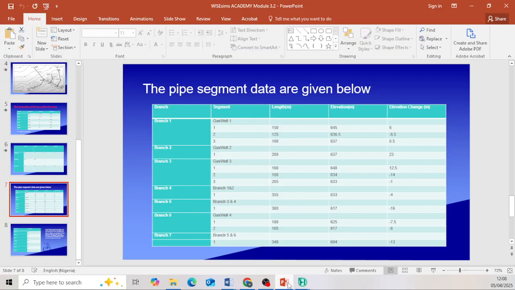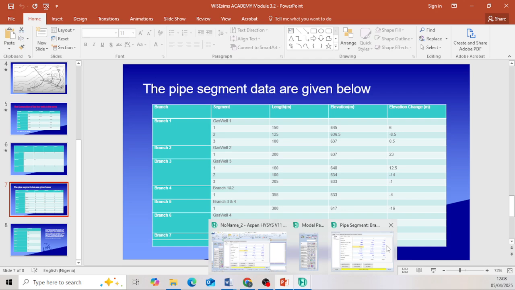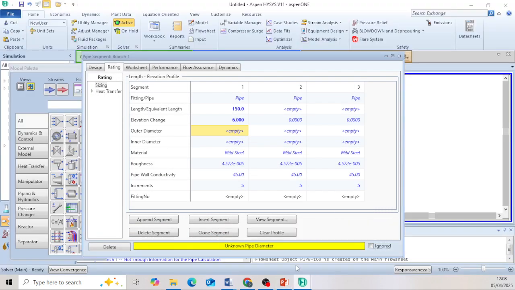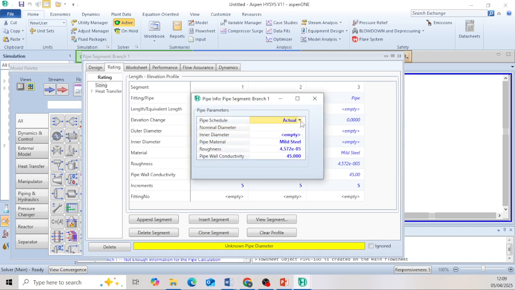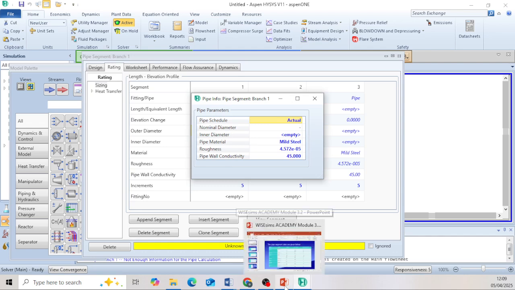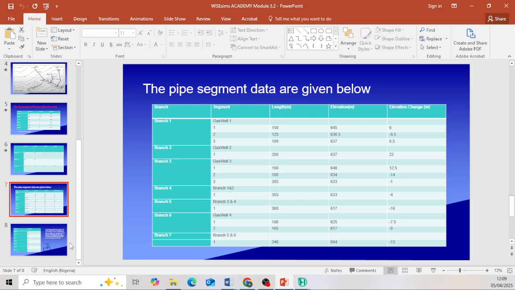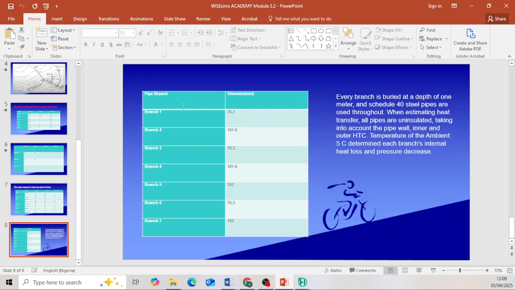So it's giving here. All right, so moving on, now we need to specify the outer and inner diameters of the pipe. So what we just need to do is to come to view segment. All right, let me show you so that you understand. Okay, so we have pipe branch, we have the diameter, so we're going to be using 76.2 as diameter, and